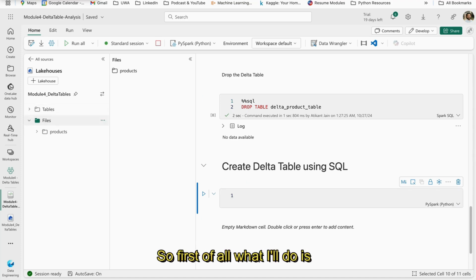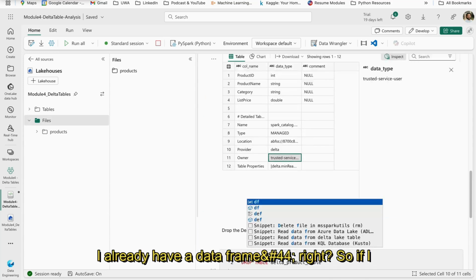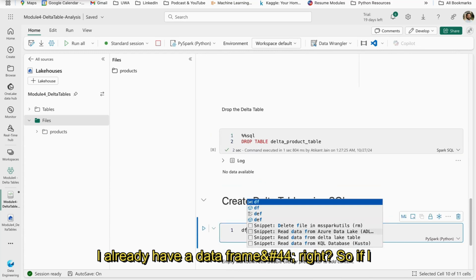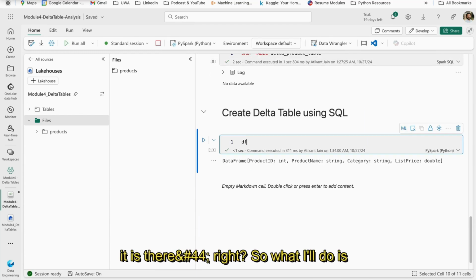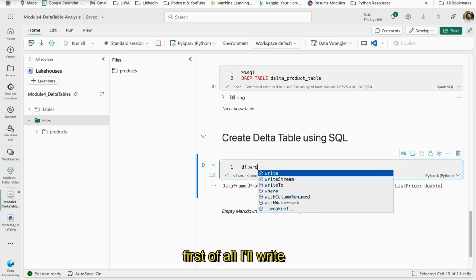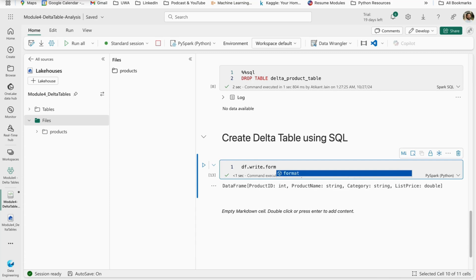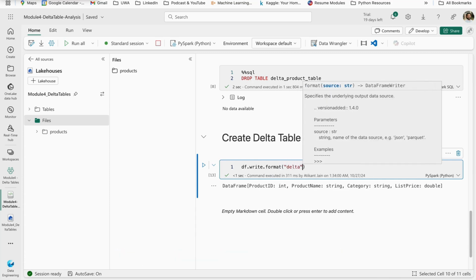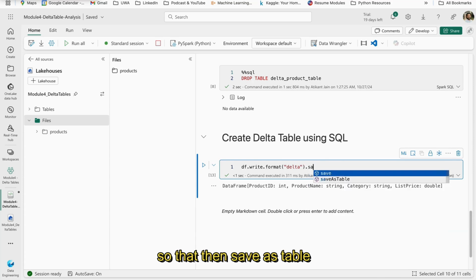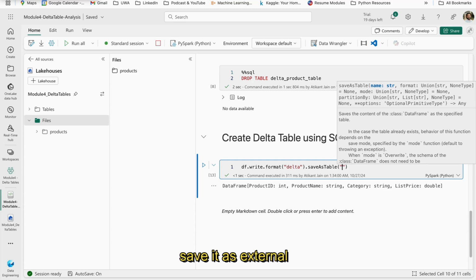So first of all, I'll say I already have a data frame, right? So if I run this, let me see if it is there. Yeah, it is there, right? So what I'll do is, first of all, I'll write from this data frame into a delta table, which we have already seen how to do. So that, then save as table, and then let me just save it as an external product,